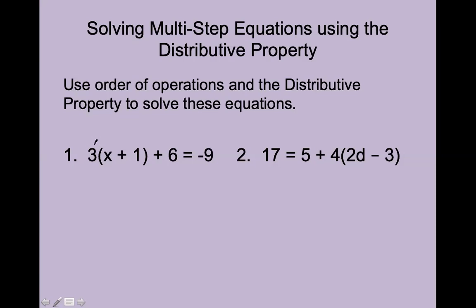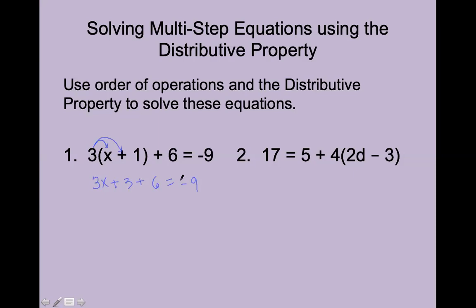So I'm going to look at number 1. I distribute 3 times x is 3x. 3 times a +1 is a +3. 3 times 1 is 3. I write down what all I have. 3x + 3 + 6 equals -9. Okay, remember after distributive property, look to see in your equation, do you have any like terms